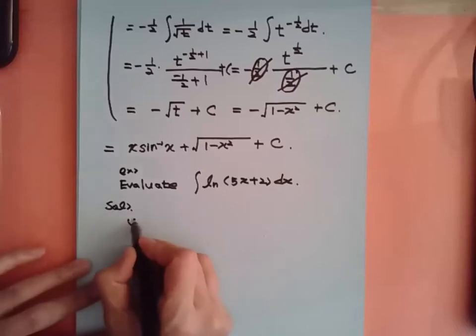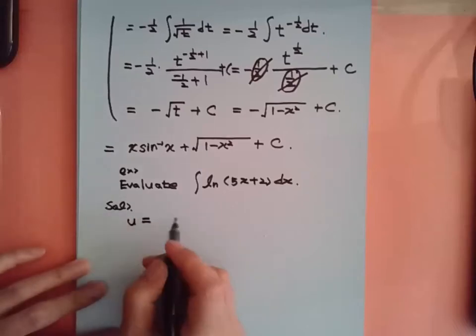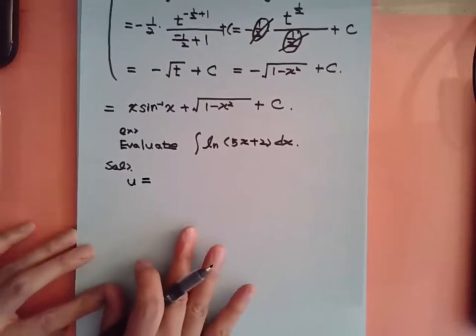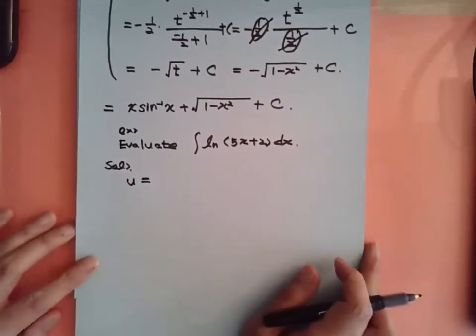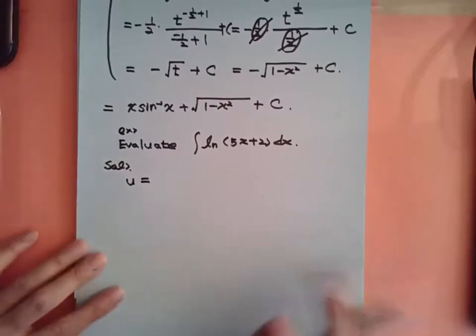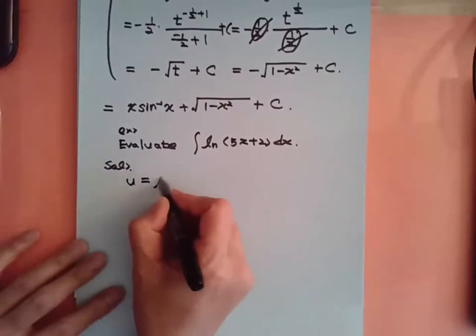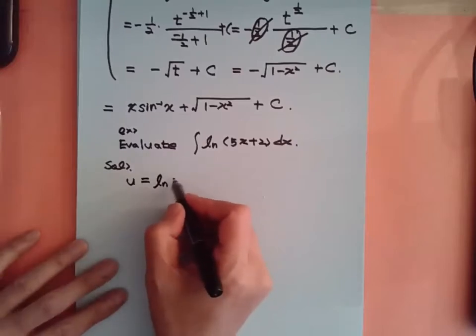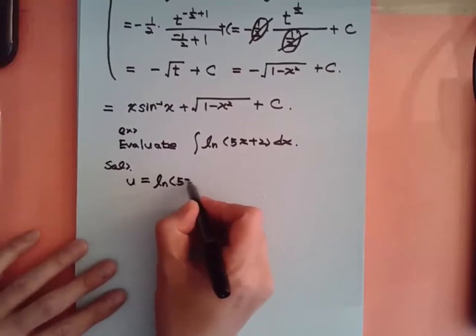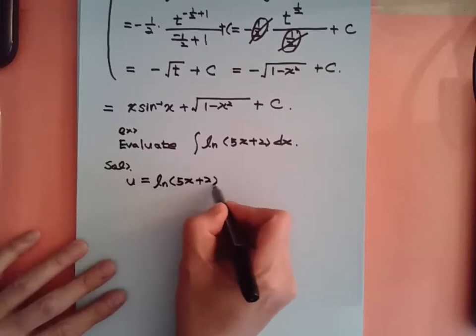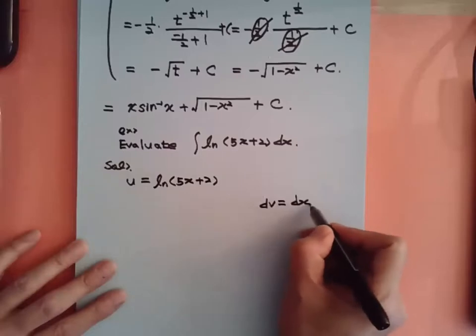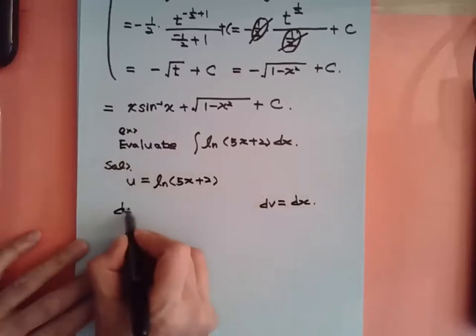And whenever we have natural log and we apply integration by parts, then we put u equals natural log of 5x plus 2, and dv equals dx. And so du